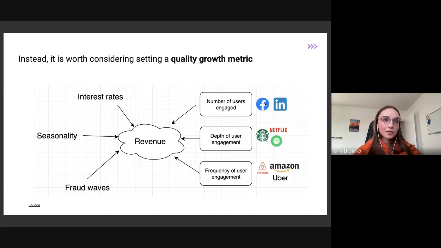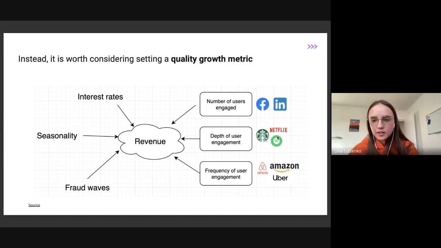When we talk about social networks, they track the number of users engaged, which is daily active users and monthly active users. Because there is this book, I will tell you more about it, but they say in Facebook, the derivative currency for those who post ads, so this is the main source of revenue for Facebook, is customer attention. So the more active customers Facebook will have, the more attention they will pay to the seller's advertising. Therefore, the North Stars of Facebook and LinkedIn are the number of customers active, engaged.